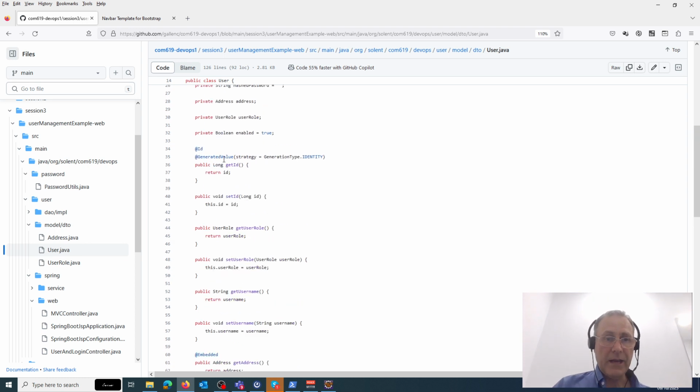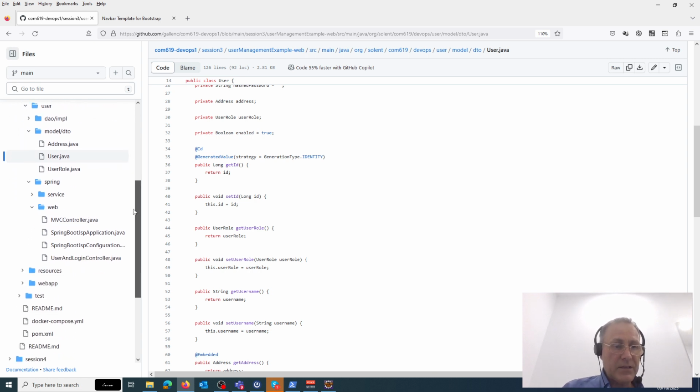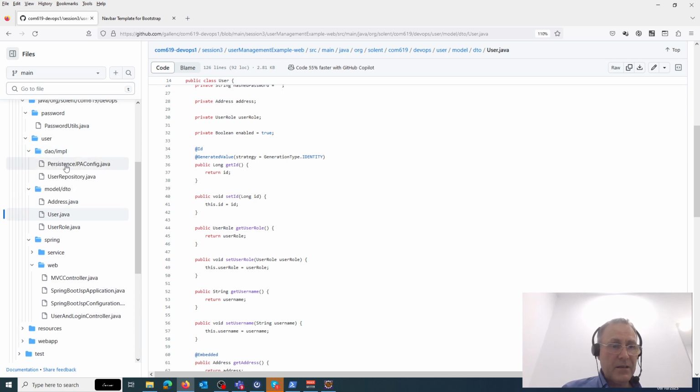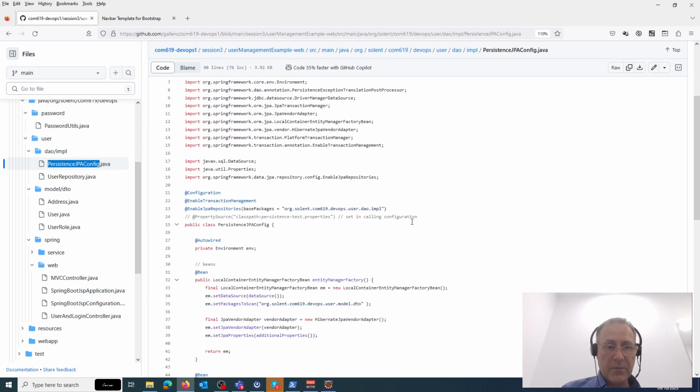The other stuff at the top, the ID and the generated value, it's exactly the same as we had before. So really this application is very similar to the previous application. The only thing that's different is that there's a few extra little bits around how the actual DAO is set up, and this persistence JPA config actually sets up the